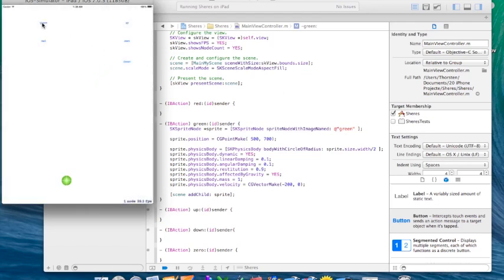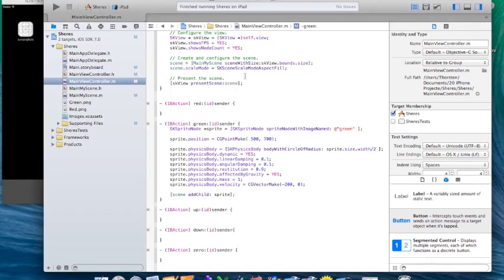So I put in the code for green, and what you can see is that there are some good movements, but you can also see that the ball is just moving outside of the screen. So there's some more code you have to implement here to avoid that. The scene itself